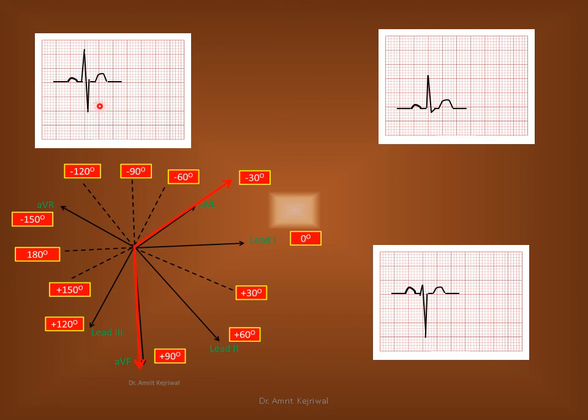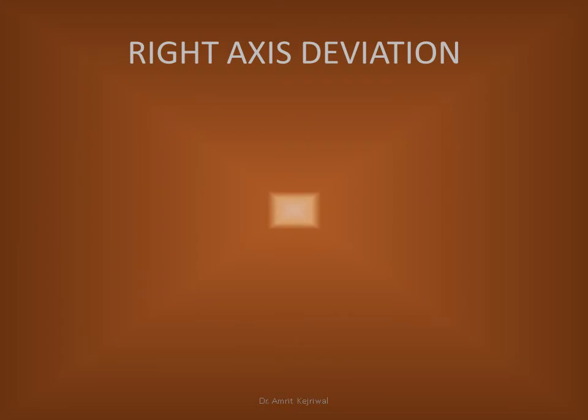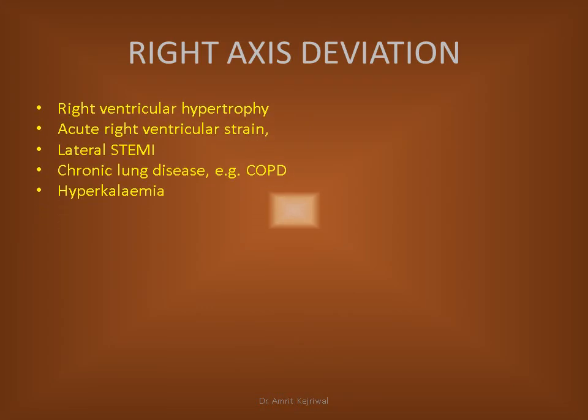Isoelectric, that is, Q wave, R wave equal to S wave, may be seen in lead 2 also. Okay, so the electrode at 90 degrees to it is AVL. If AVL is showing positive over here, then the axis is at minus 30 degrees. If it is showing negative, then it will be at plus 150 degrees. Very simple to understand and a very easy way. So there are different ways of calculating the cardiac axis: the quadrant method, lead 1 and AVF, 3 lead analysis, and isoelectric lead analysis.